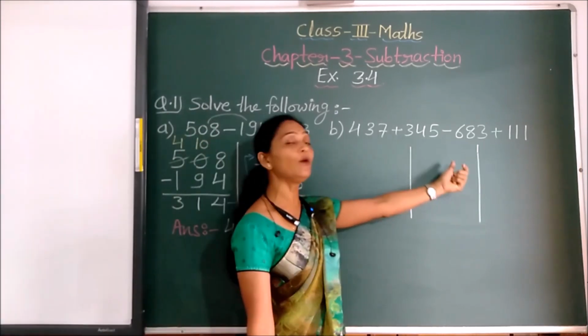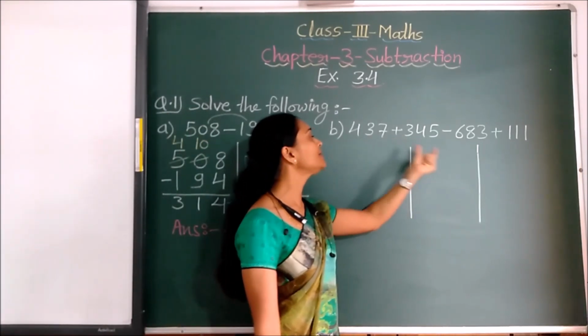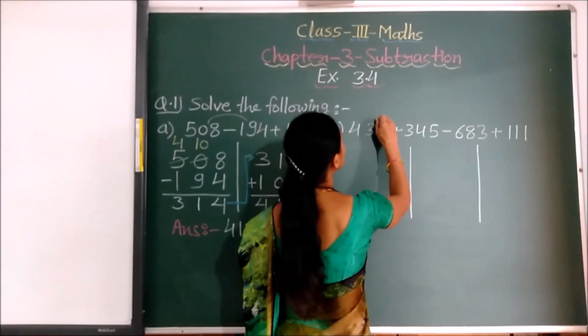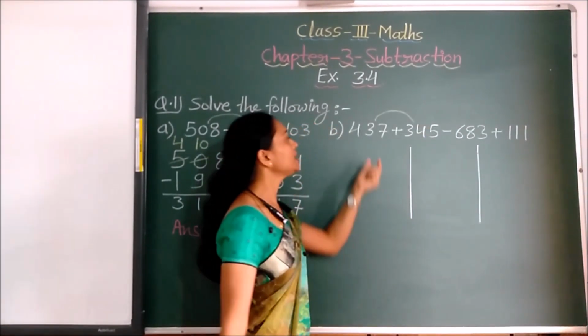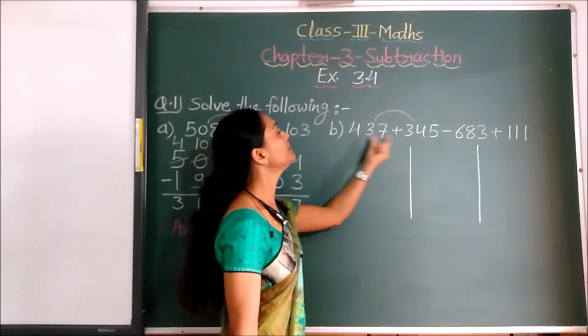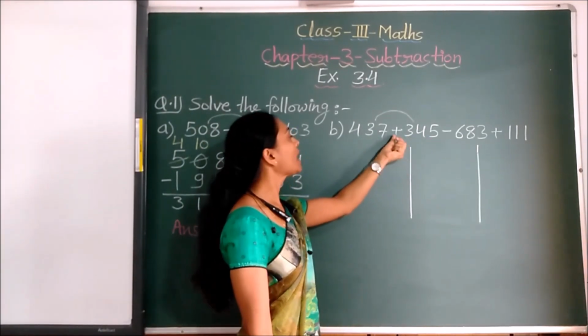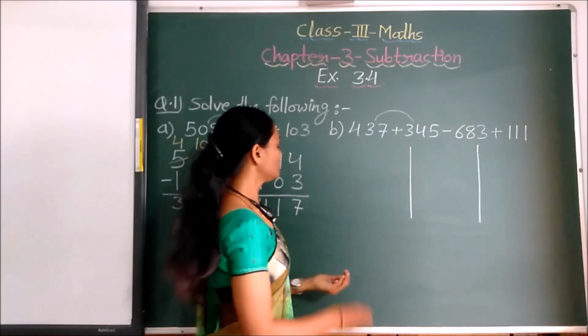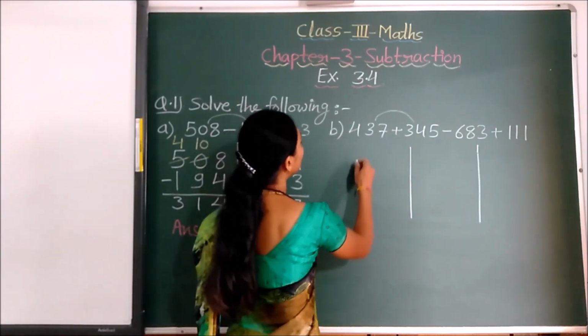Here we are having 4 numbers. It means this question will be solved in 3 steps. First we have to solve these two. Means this number and this number we have to add. Why add? Because it is plus here. So we will write both the numbers. See here it is